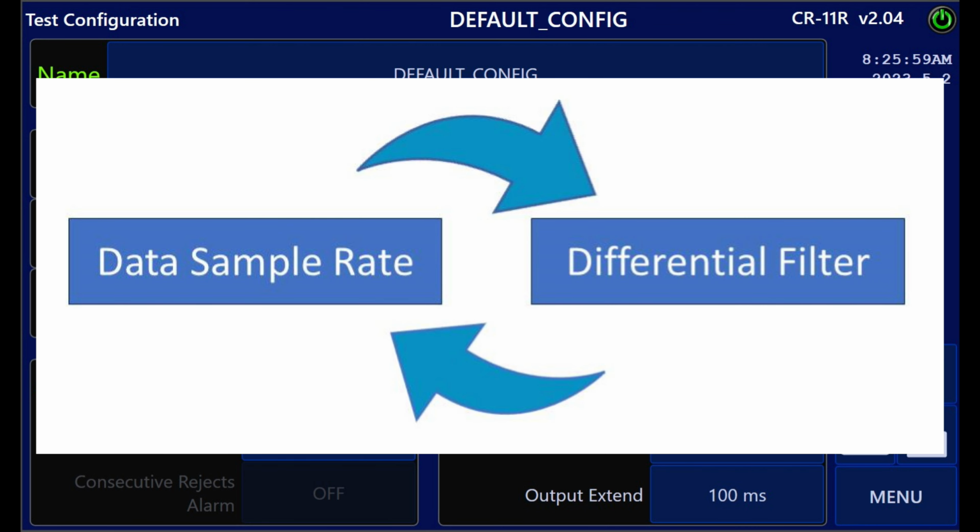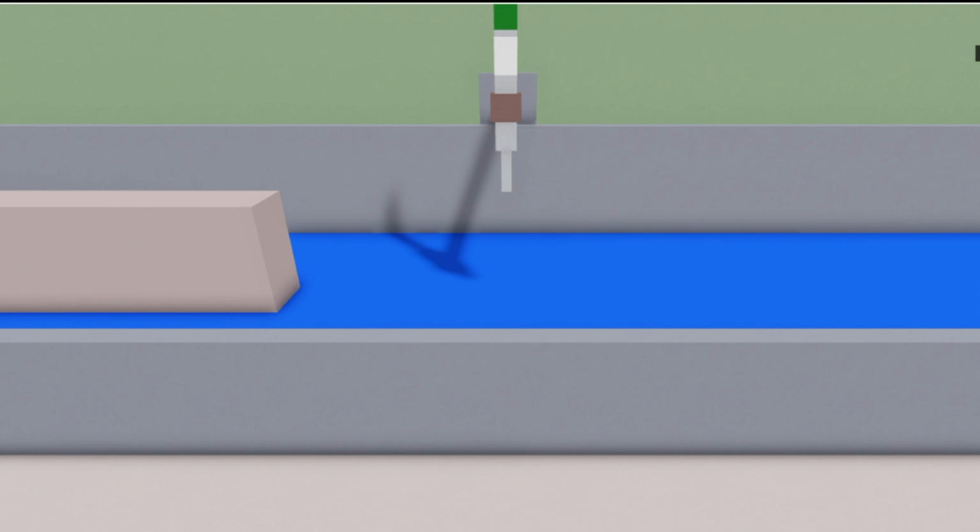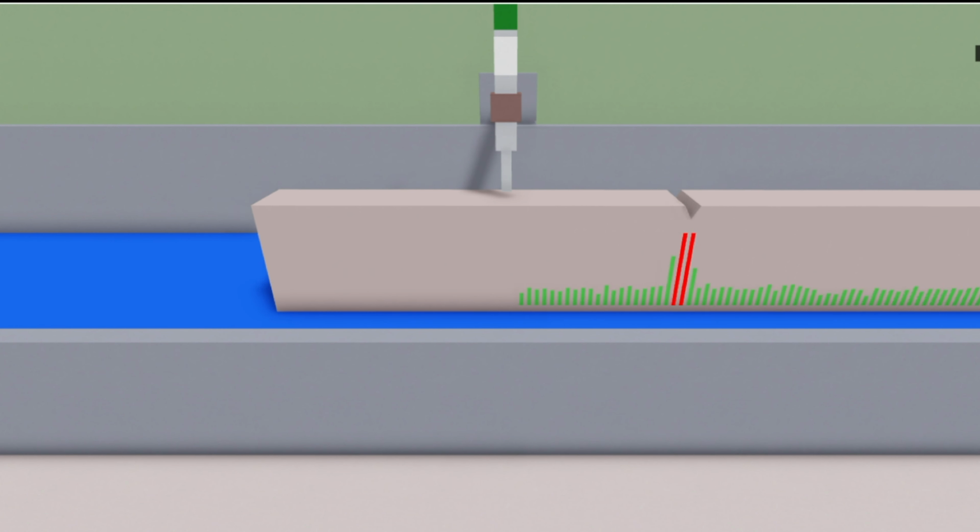This setting can play an important role in reducing noise when combined with the differential filter setting, and is critical when scanning at high speeds to ensure there are enough samples at every point on your material to capture the